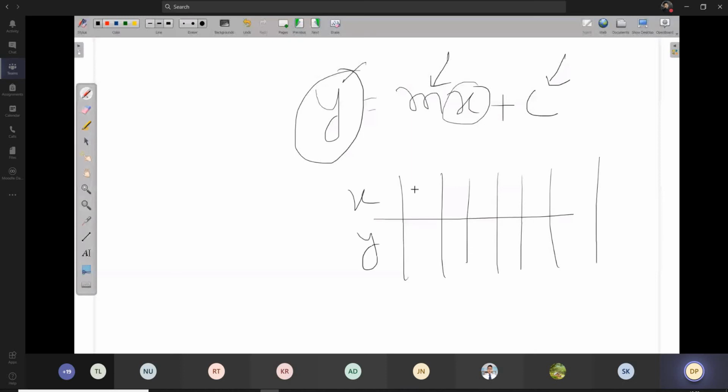Say if x is equal to 1, y equal to 2, x equal to say 3, y equal to say 6, x equal to say 4, y equal to 8, and say x equal to 5, y equal to 10. Something this type of data we have. So what I can do, I can take a graph and put the values of it. Okay, x equal to 1, y equal to 2, x equal to 2, y equal to 6, x equal to 3, y equal to 8.